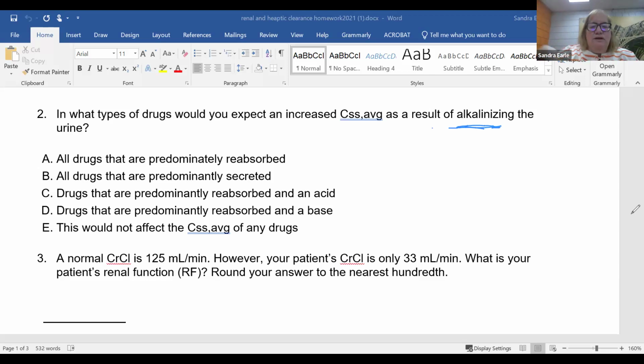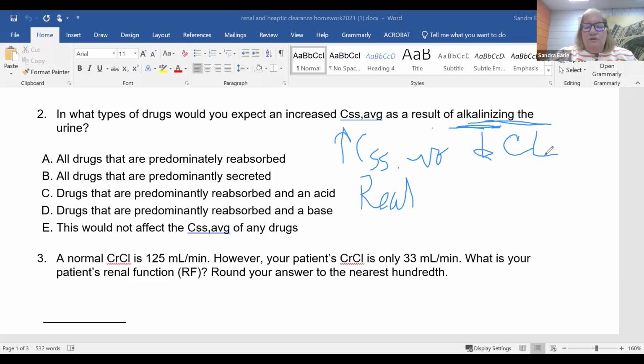Right, okay, we want an increase in Css average, which means we need a decrease in clearance. And because we're talking about changing the pH of the urine, we're talking about drugs that are reabsorbed. And if we alkalinize the urine, if we have a base,